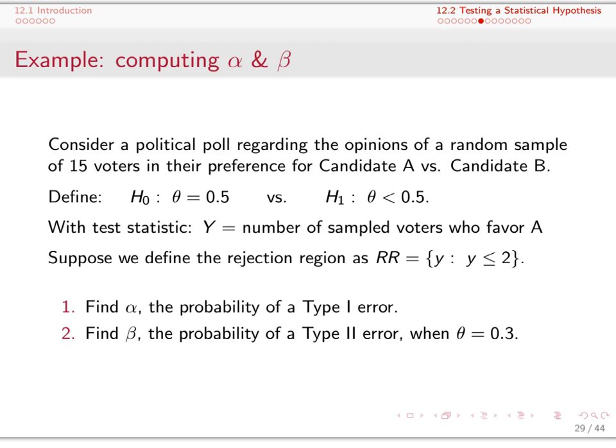Let's consider an example where we're going to compute the probabilities of both a type 1 and a type 2 error occurring. Consider a political poll regarding the opinions of a random sample of 15 voters in their preference for candidate A versus candidate B. And let's define the null hypothesis to be theta is equal to 0.5 versus the alternative hypothesis that theta is